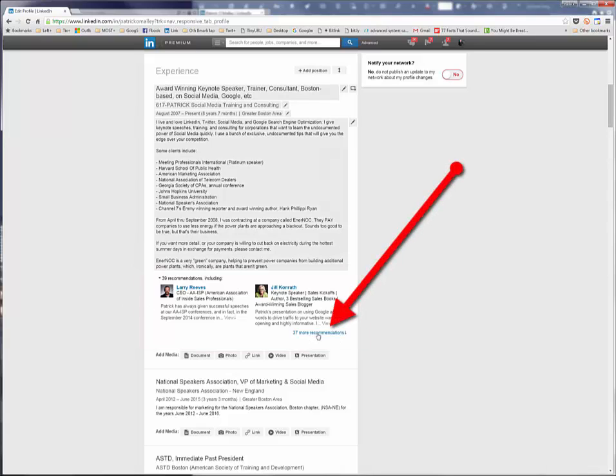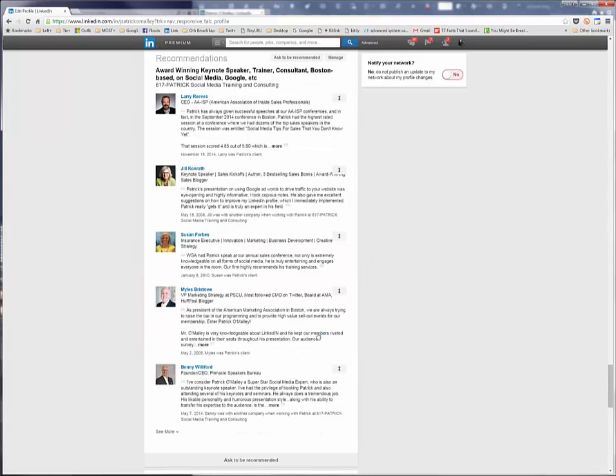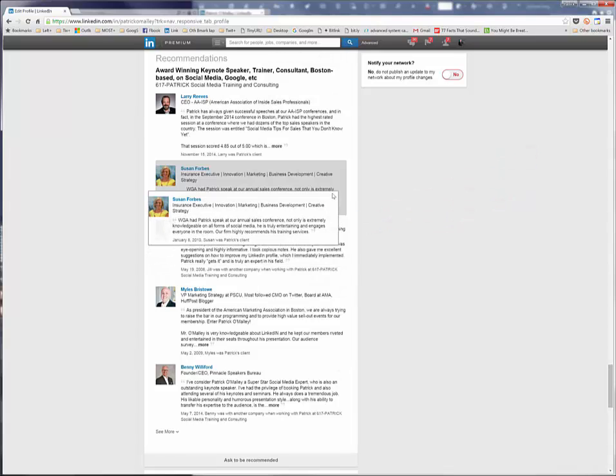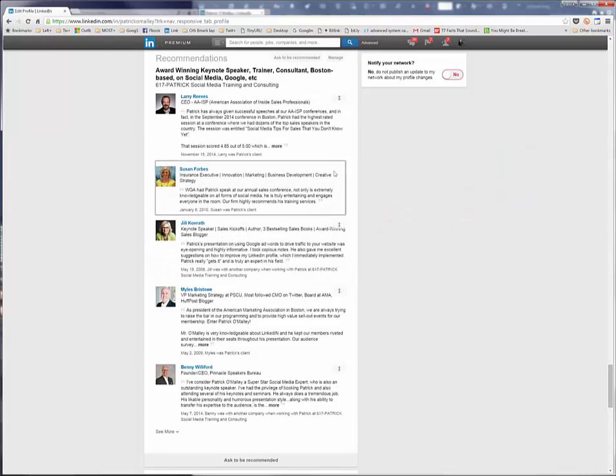You click on where it says more recommendations, and again, if your mouse is outside the window of recommendations, you don't see that there's a button that shows up when you hover into that area. So if I decided that I wanted this recommendation to be shown instead, I could move it up,